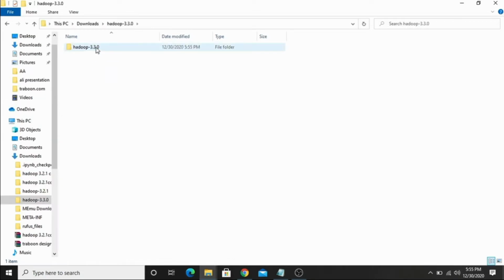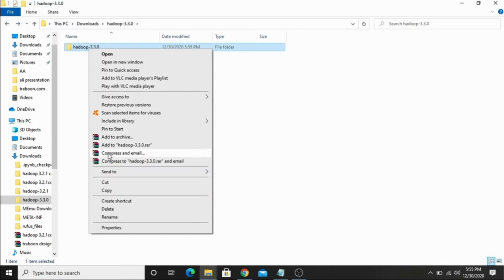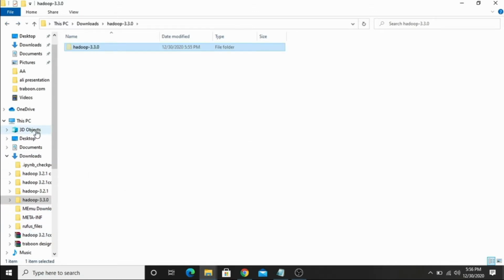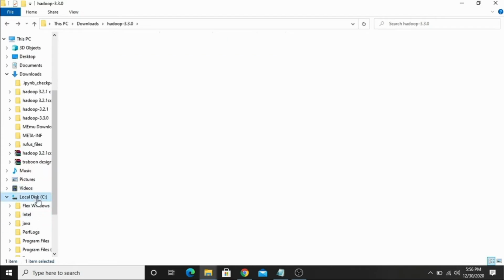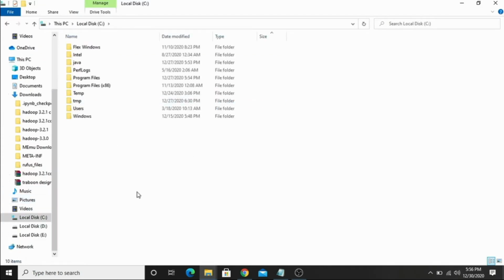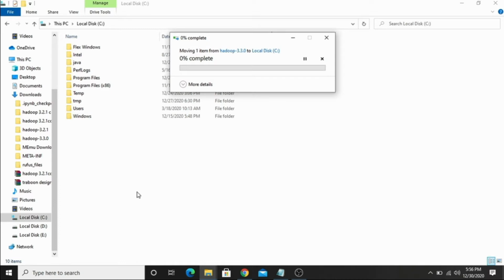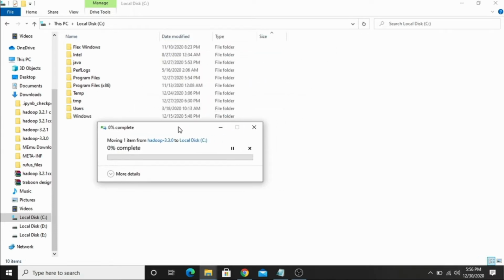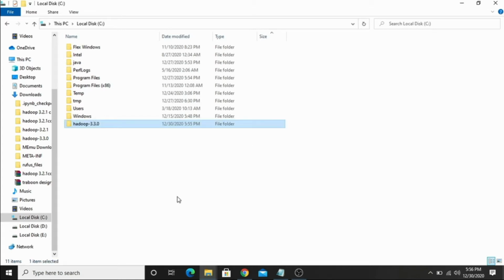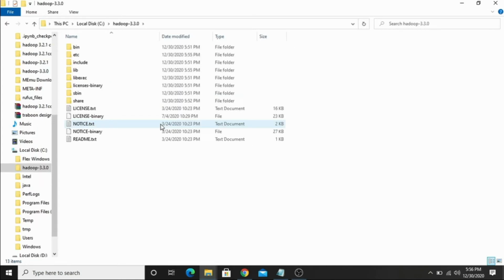You can see the files of Hadoop 3.3.0. We have to copy this folder and paste it in the C drive. Our Hadoop folder is copied here successfully.